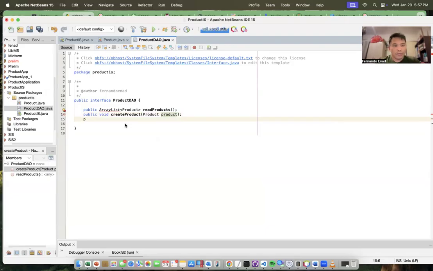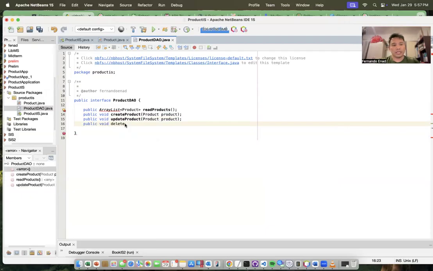And then we'll also need the void update product. For the update product, we actually need the product, right? And then we have public void delete product. For the delete product, we actually just need to have the, we need to have